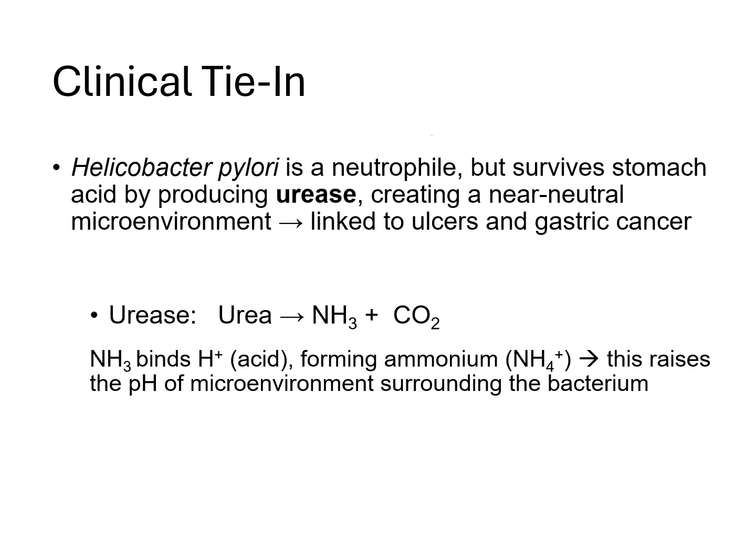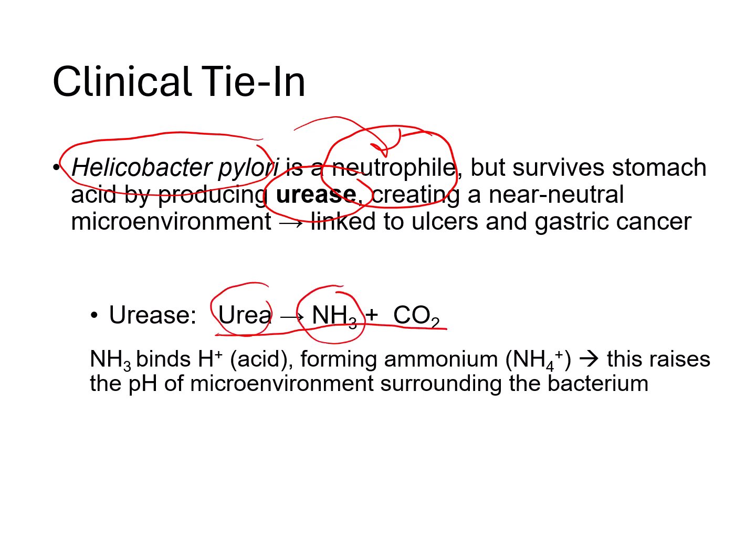Most human pathogens are neutrophiles. They prefer neutral pH levels. But Helicobacter pylori, which is also a neutrophile, can survive stomach acid. And they do so by producing an enzyme called urease. Urease catalyzes this reaction, converting urea into ammonia and carbon dioxide. Ammonia can bind to the acid in the stomach, forming ammonium. So this will raise the pH of the environment. We call that the microenvironment. So it's the environment right around or surrounding the bacterium, and that allows them to survive and potentially cause ulcers